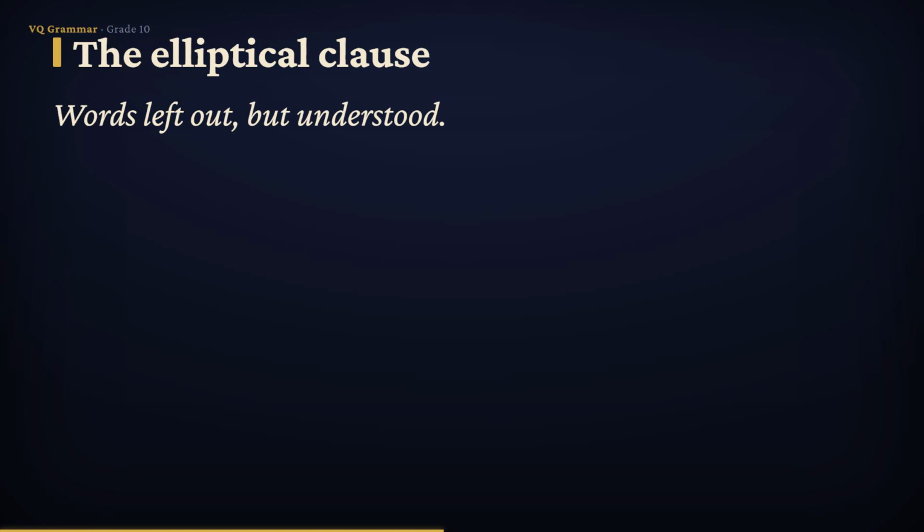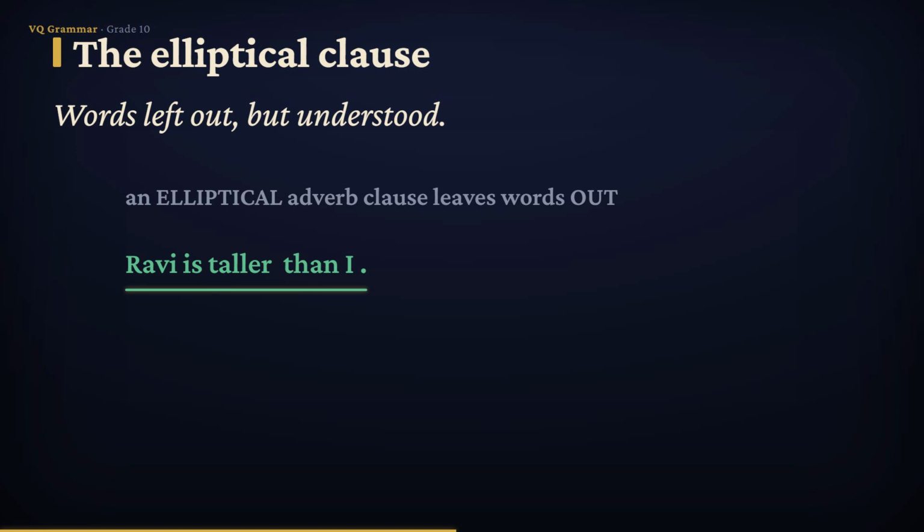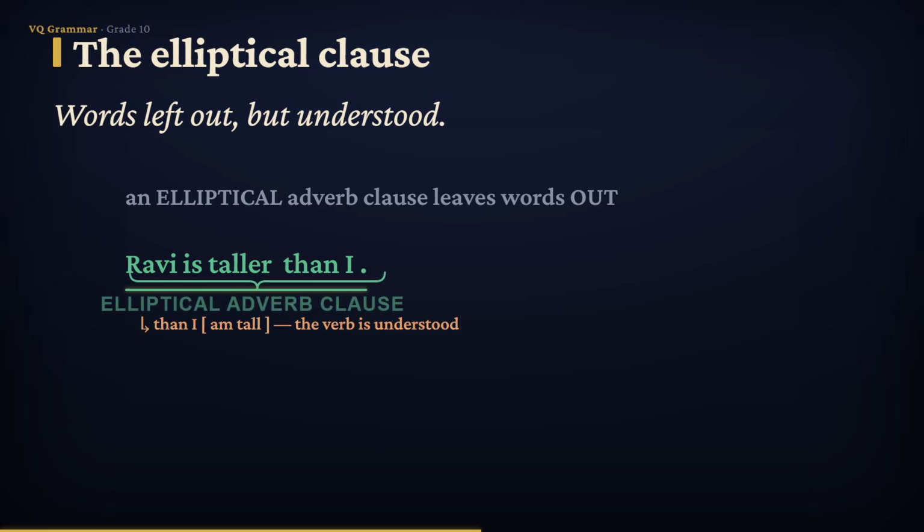One last wrinkle, and it's a friendly one. Sometimes an adverb clause looks like it is missing words. Ravi is taller than I. Where is the verb inside that clause? There isn't one on the page, and yet your ear supplies it instantly. Than I am tall. When words are so clearly understood that we simply leave them out, we call the result